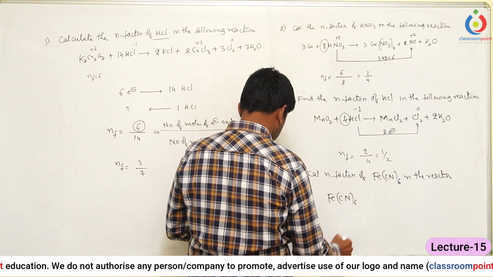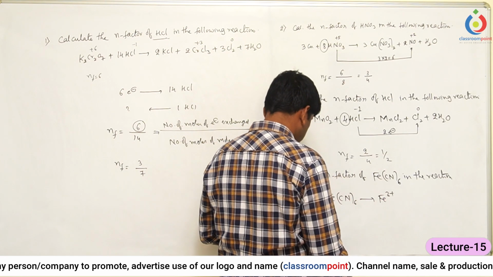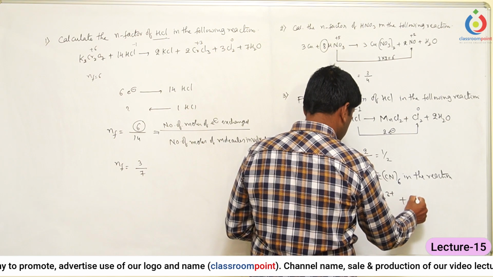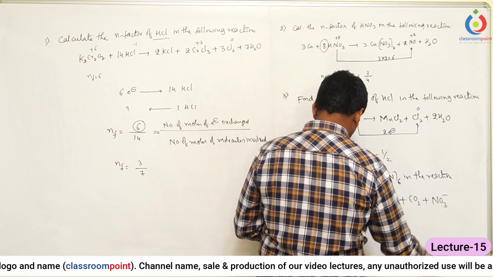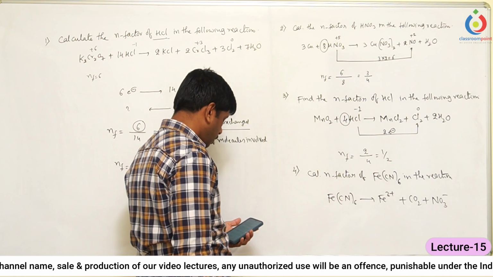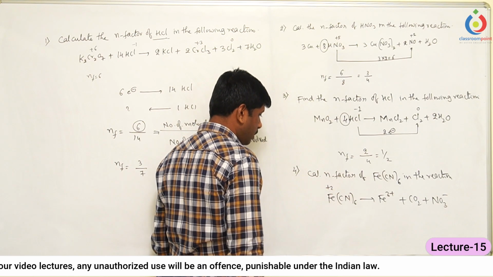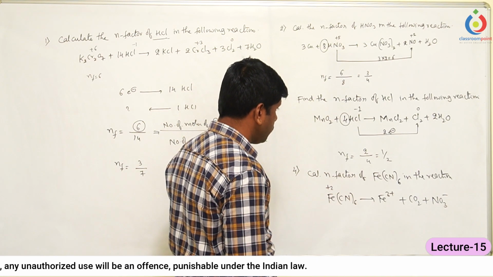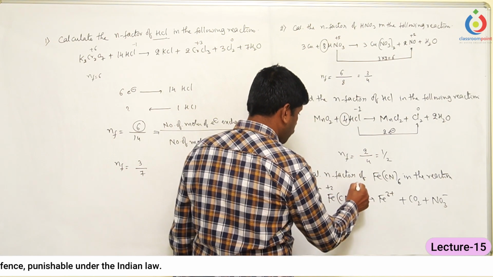Fe(CN)6 4- changes to Fe3+ plus CO2 plus NO3- is given. So here the oxidation states, if you identify, for Fe(CN)6 4-,